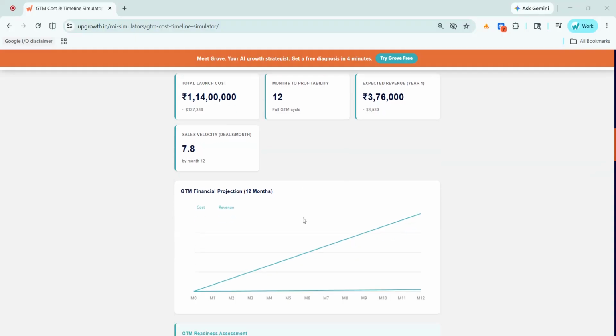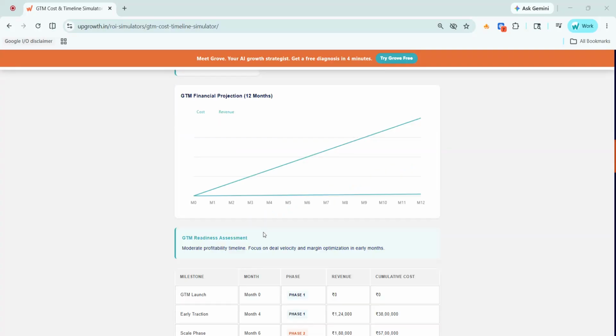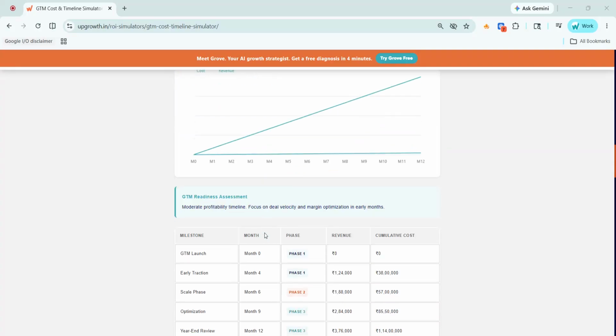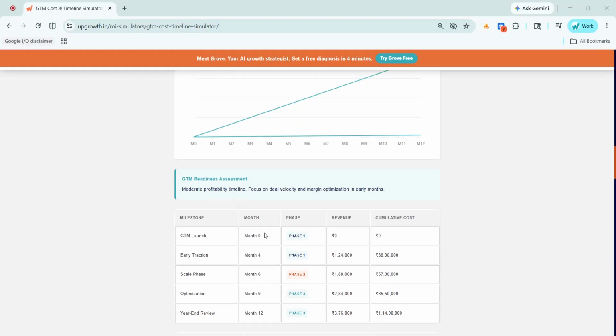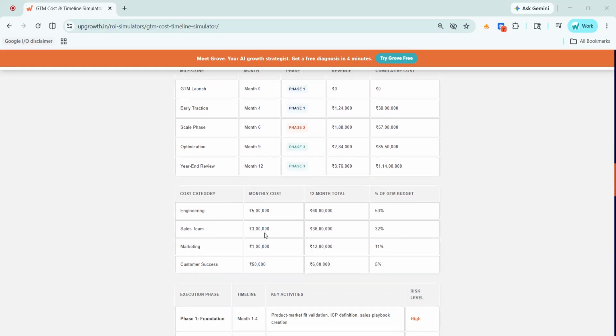And the GTM financial projection chart plots cost and revenue across the year, so you can see how the two lines compare. The readiness assessment and milestone table walk you through the year: early traction at month 4, scaling at month 6, optimization at month 9, and a year-end review at month 12 with cumulative cost and revenue side by side. And the cost category table splits your spend by function: engineering 53%, sales 32%, and marketing 11%, and